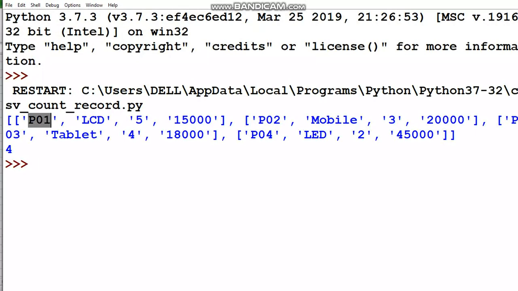So it started reading from the data part where actual data is there, 4 records are being read, and at last you can see there is 4, because I have printed there the value of C, what was stored in the variable C, how many records are being read. So it is giving 4.